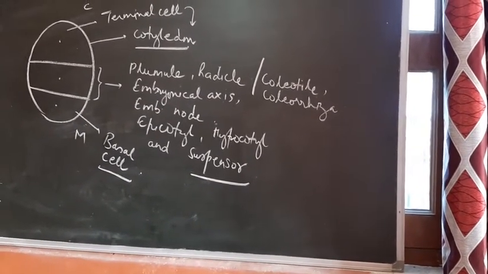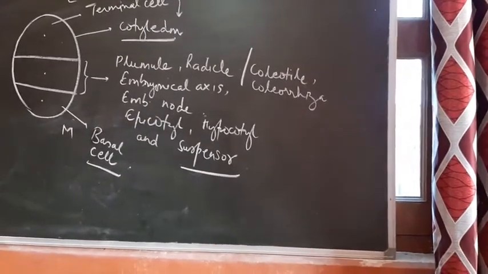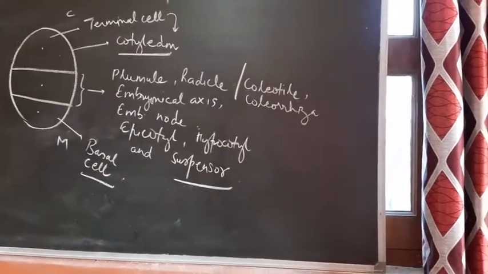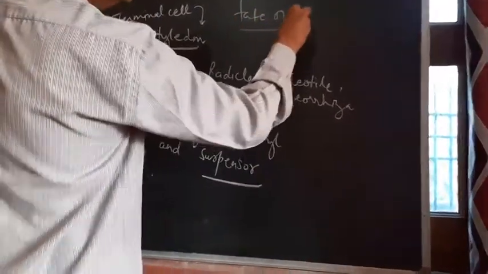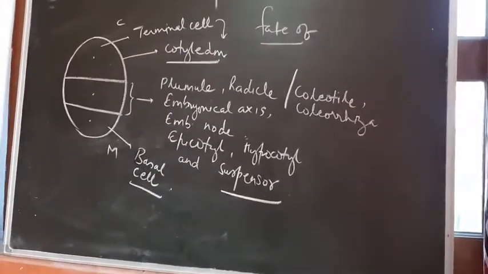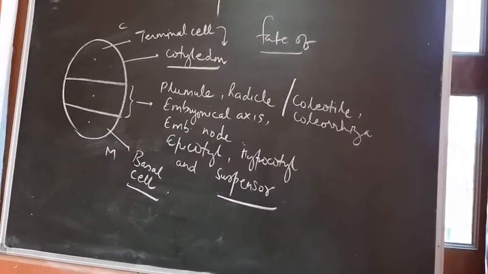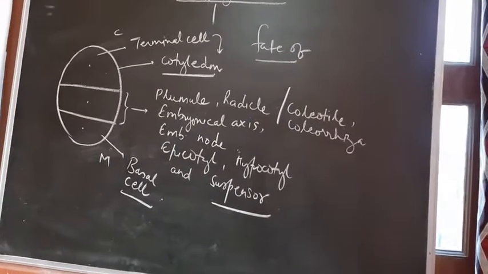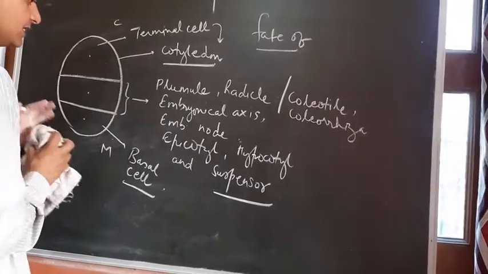Now, further we are going to see the developmental process in detail. So, please write down all these names. The fate. This will come under the topic: what is the fate of these three cells? That is, in future what they are going to form. This is important. It could be asked in an examination. What is the fate of the terminal cell in the monocot? What is the fate of the middle cell? What is the fate of the basal cell? Clear? Completed now? Then afterwards we see the developmental process.